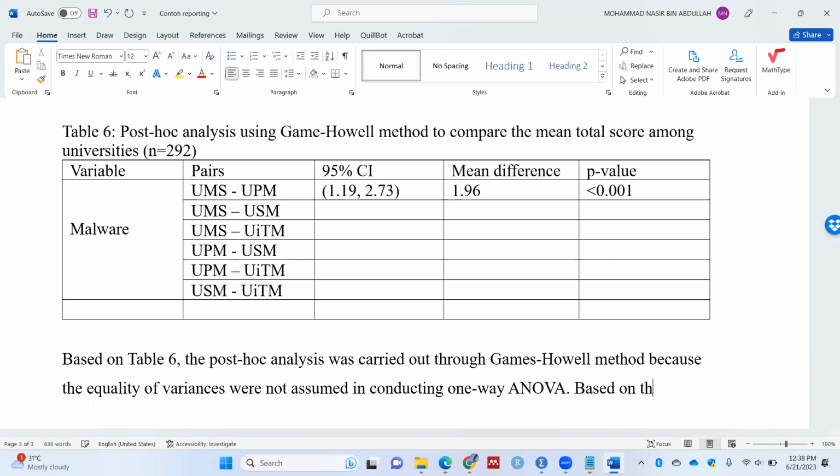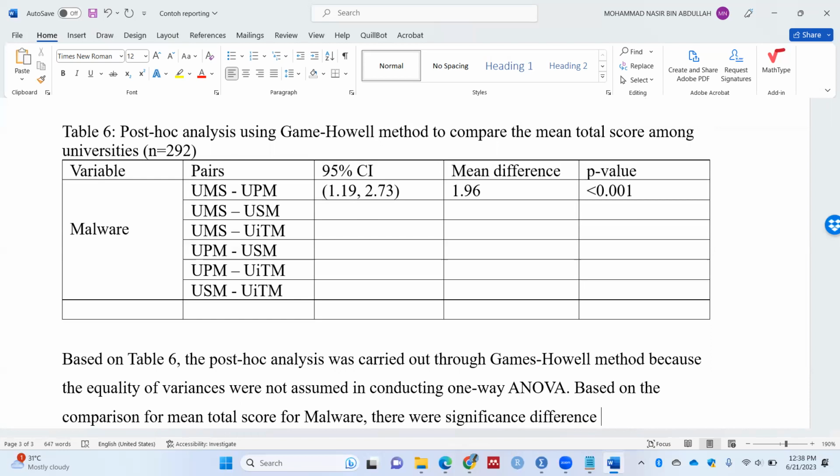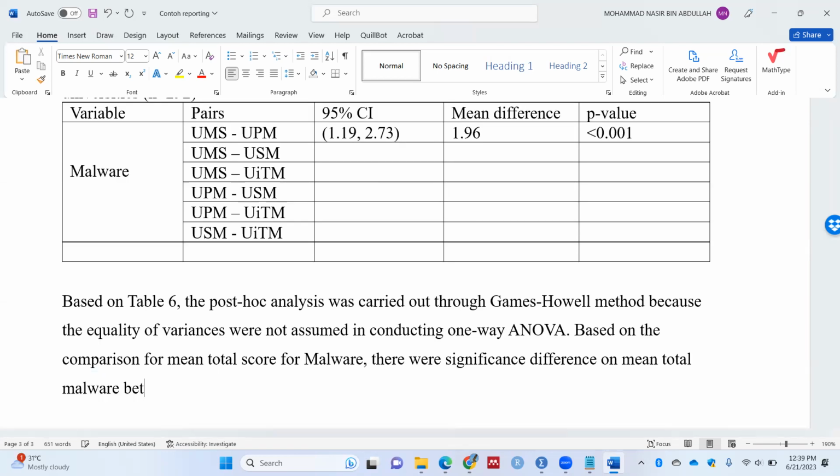Based on the comparison for mean total, because we compare by mean total score for malware, there was a significant difference on mean total malware between